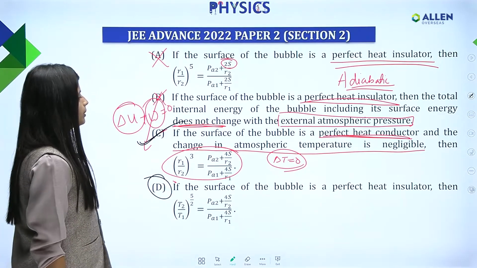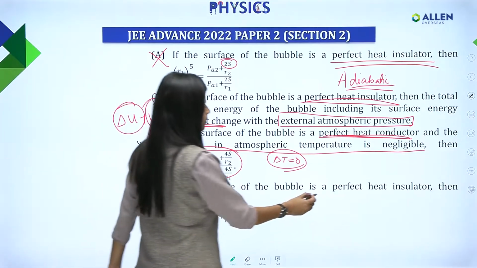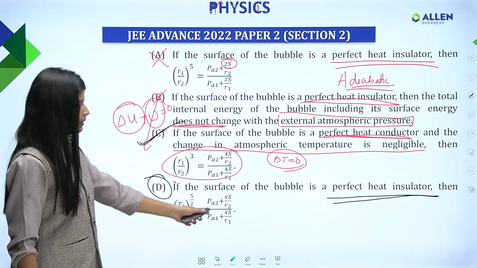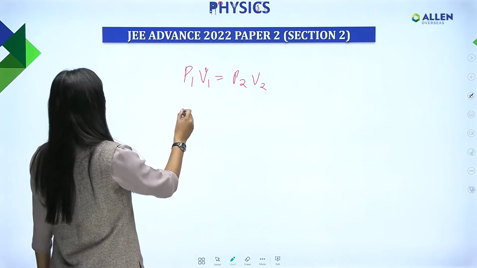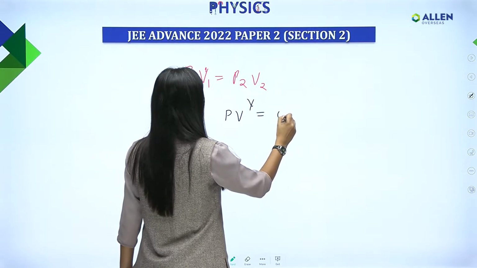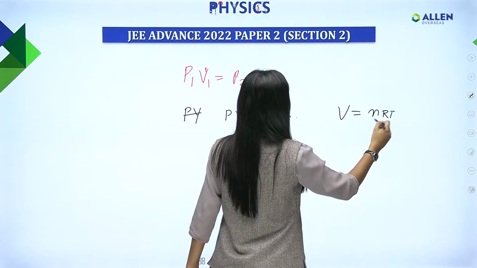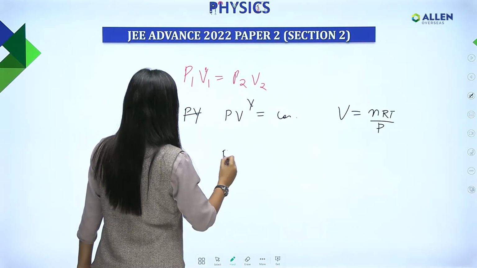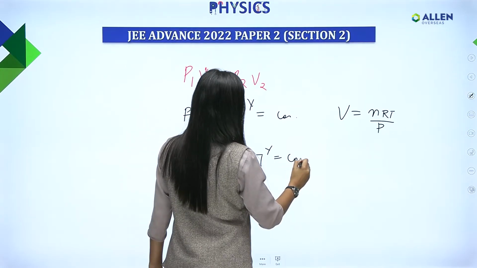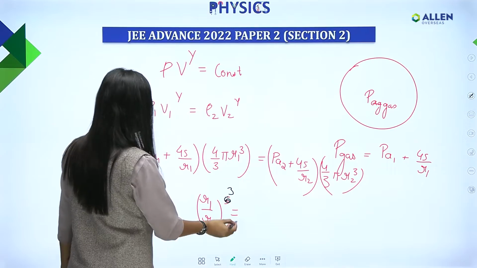If the surface of the bubble is a perfect heat insulator, then now in this case also we are talking about adiabatic process, and we have to relate temperature with pressure. So we can say that PV raised to the power gamma is constant. Okay, which means V can be replaced by nRT by P. So you will get P raised to 1 minus gamma and T raised to gamma. This is constant. Okay, so when you will apply this condition here, you will get